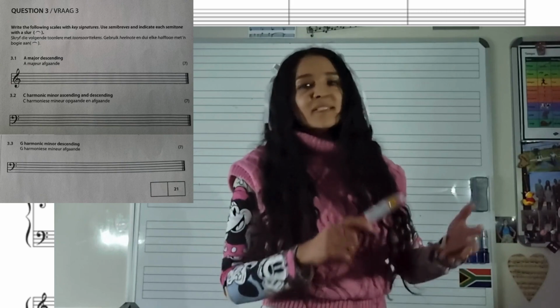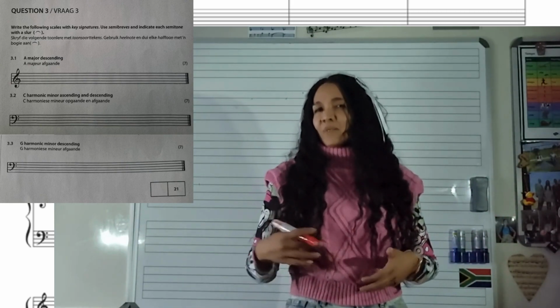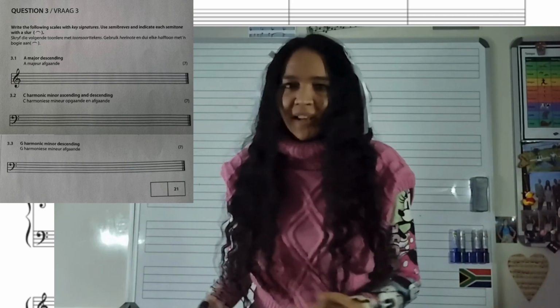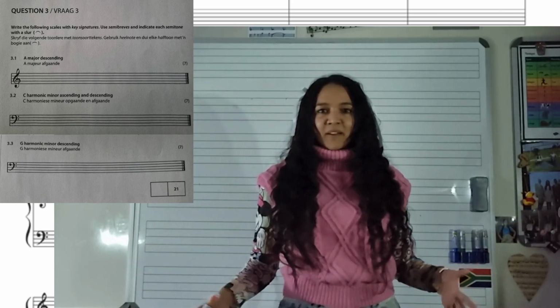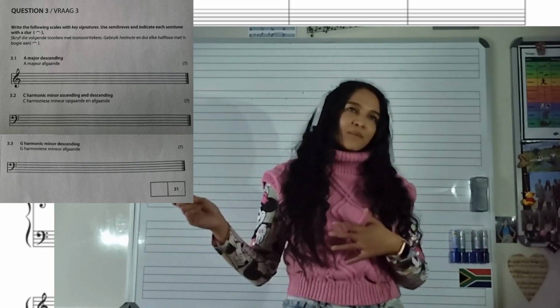They will ask us a major key at least, and at least a harmonic minor key. And then the other one, it's up to them what they will ask. In this very paper, they ask us to write A major, C harmonic minor, and then again G harmonic minor. So pay attention to the instructions, whether they ask you to write it descending, so from top to bottom,